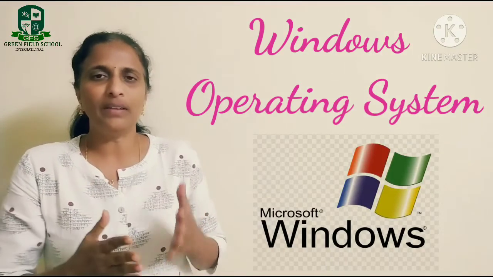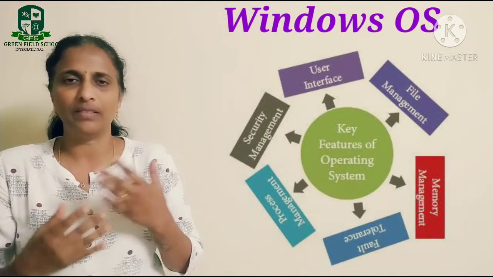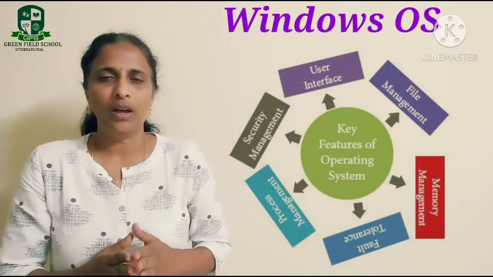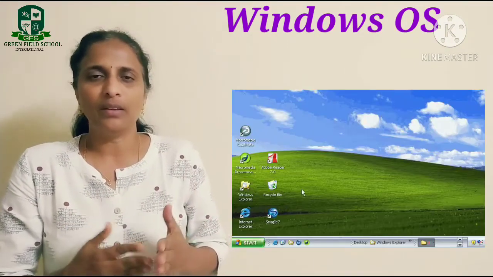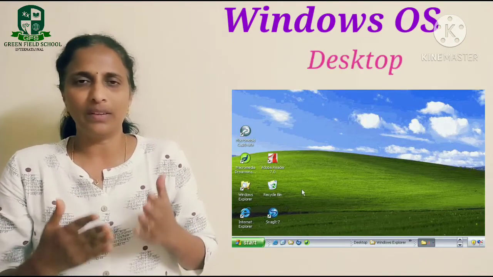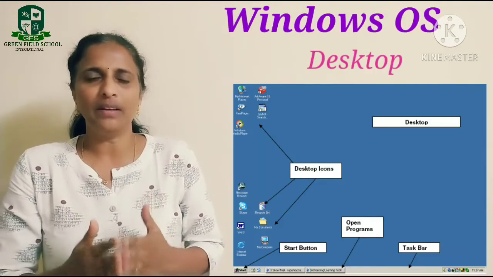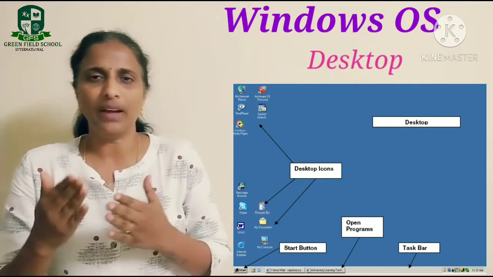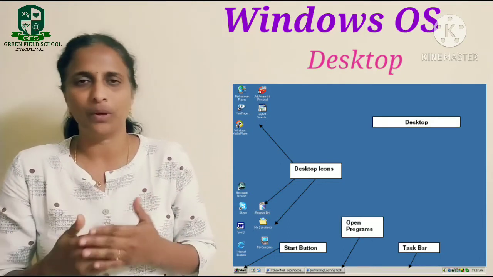So Windows operating system is very user friendly. We can create the files and folders very easily in Windows operating system. Whenever you are starting Windows, you can see a startup screen, right? So this starting screen is known as the desktop. And on the desktop, we can see some symbols, right? So here these symbols are known as the icons. Each icon represents a file or folder or a program here.